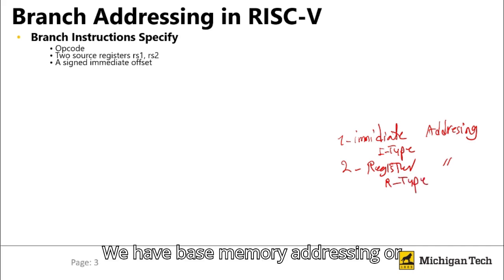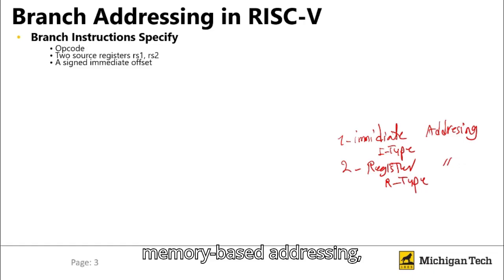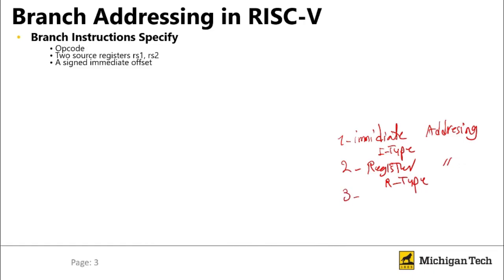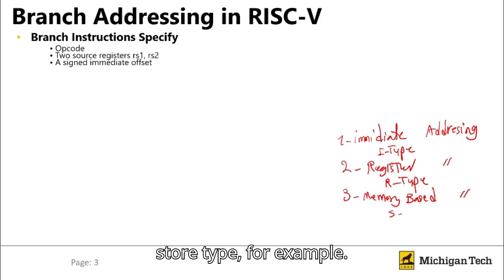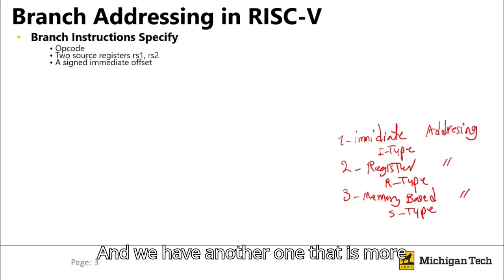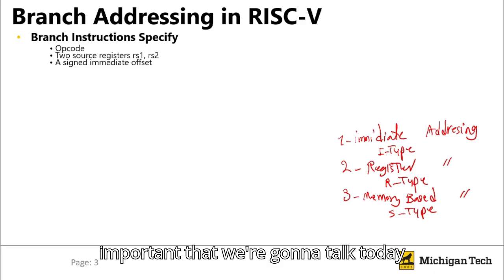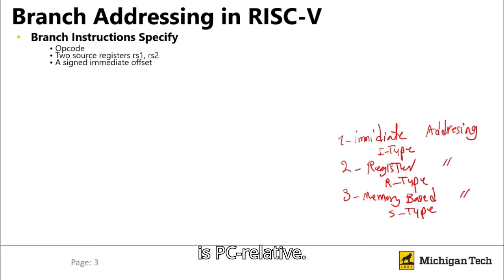We have base memory addressing or memory-based addressing, like store type, for example. And we have another one that is more important that we're going to talk about today, which is PC relative